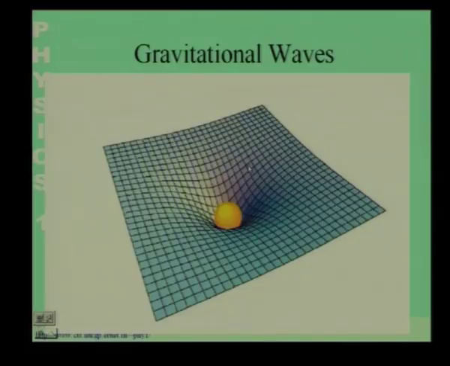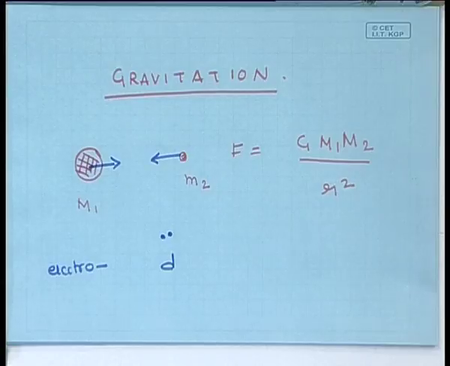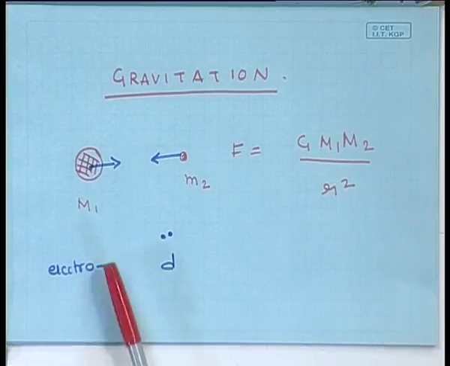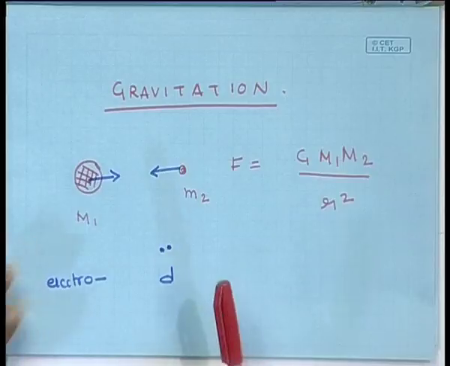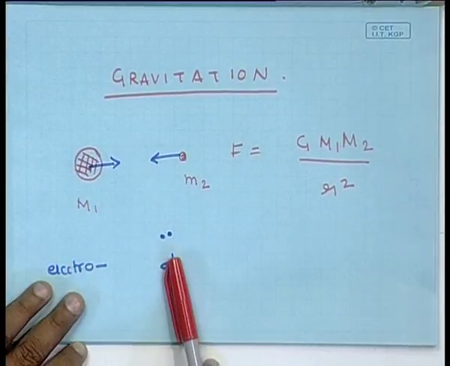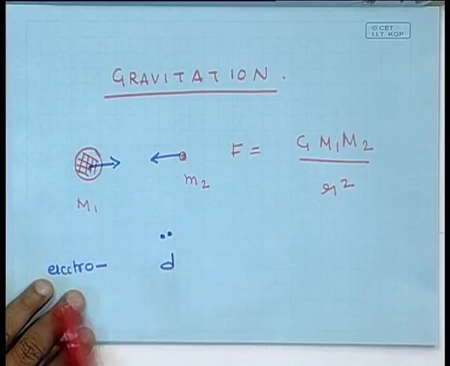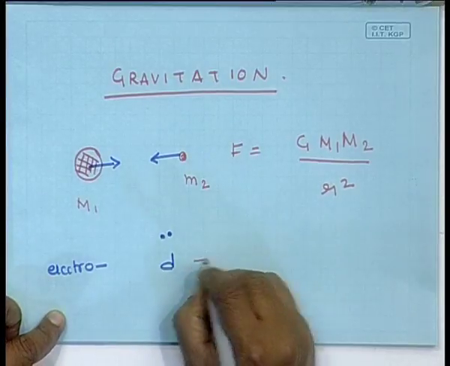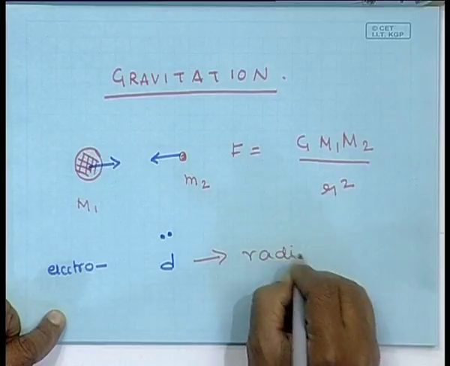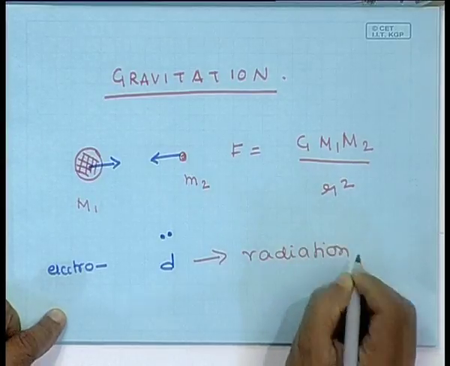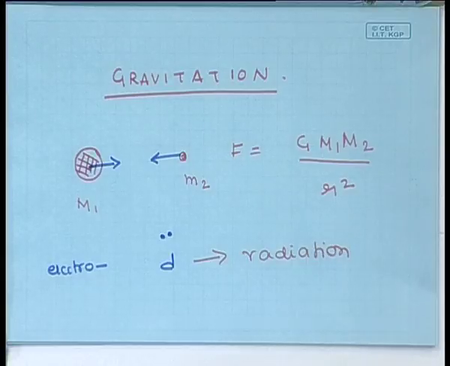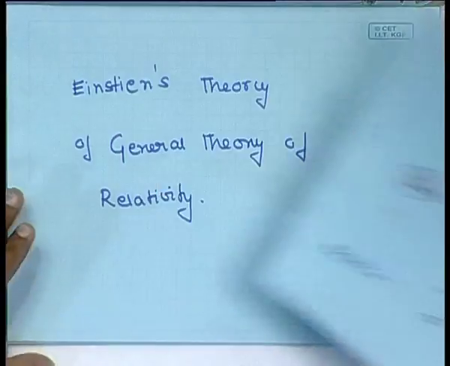Now, what is crucial over here for our discussion is the following: exactly analogous to a situation where for a charged particle we had a dipole. If a dipole oscillates, or if I have the second derivative of a dipole, then you have electromagnetic radiation, which is a disturbance in the electric field which propagates and falls as 1 by r. Exactly analogous to this,